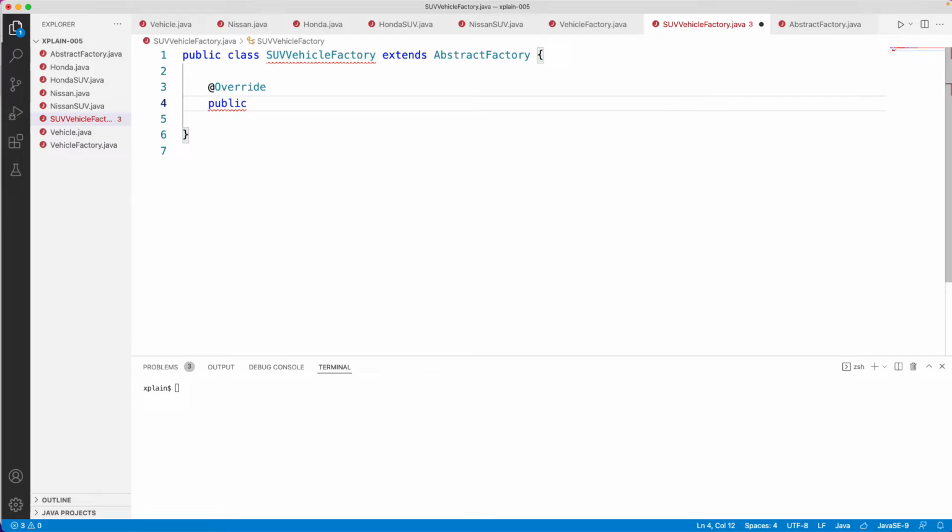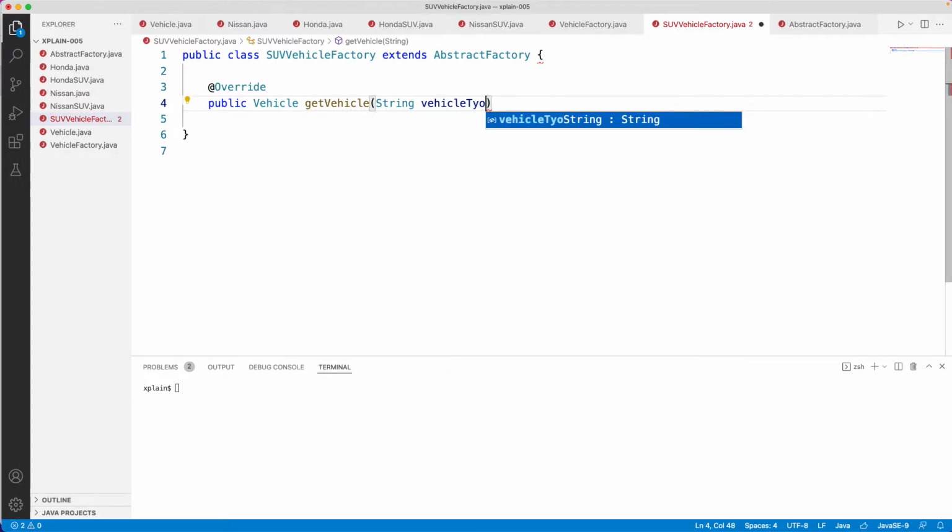That would be public, return type would be Vehicle, getVehicle, and the parameter would be vehicleType,